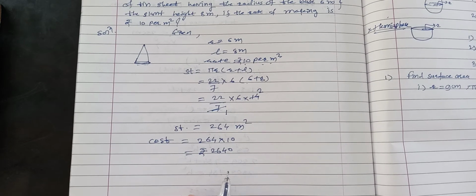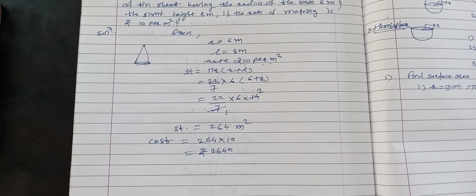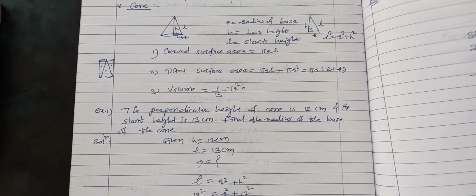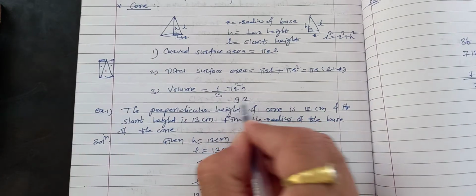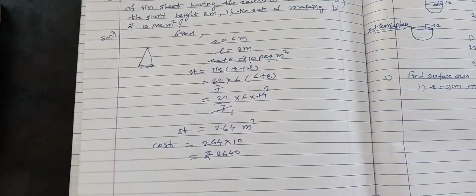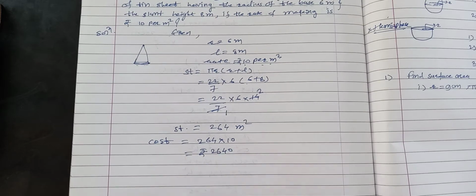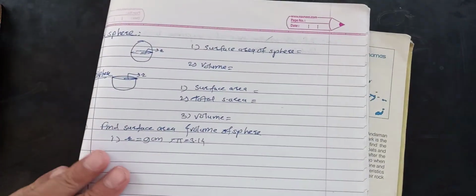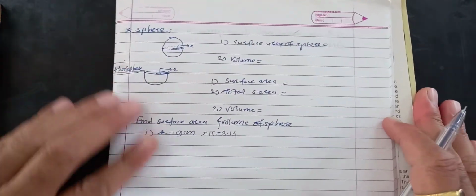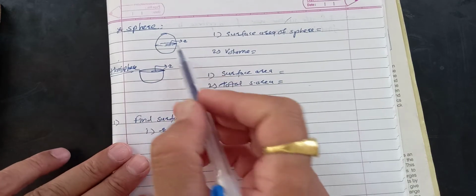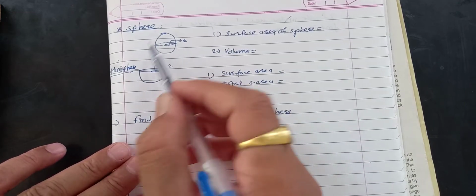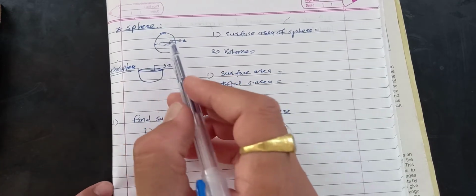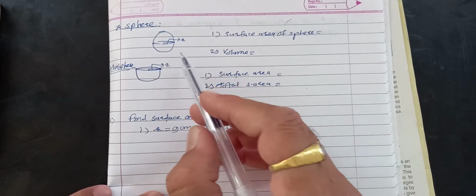Now from this practice set, this is practice set 9.2. The last ones, 8, 9, 10, are omitted, so you have to solve up to the 7th one. Next object you have to see, that is the last object from this lesson, then our syllabus will be finished. That is the sphere. Sphere means like a shot put, one round ball-like shape. Okay, so this is the sphere.